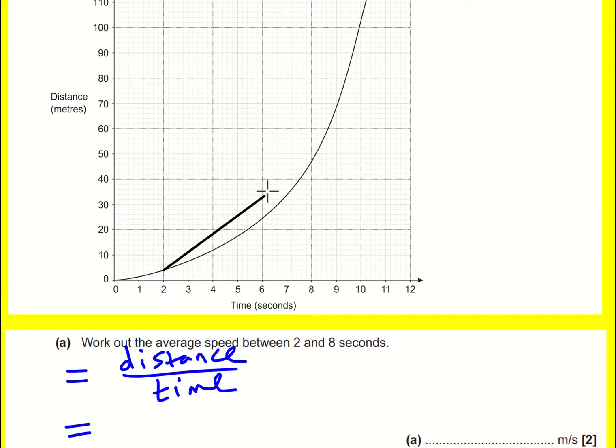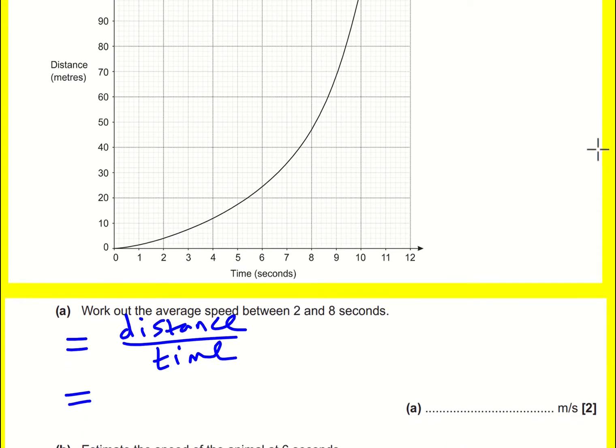This one here. Now, I'm actually a bit conscious of drawing this because it might make it harder to read off of the graph. So I'm going to not do that. But the time taken is clearly going to be 6 seconds, 8 minus 2. And the distance travelled at 8,